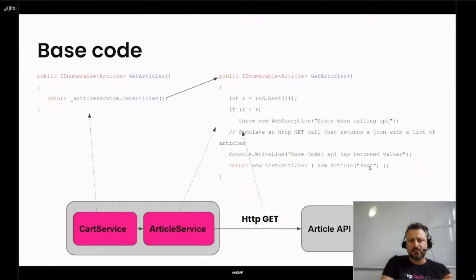So the cart service needs the article and calls this proxy article service. On the left is the code of cart service, where I'm calling the article service's GetArticle method. On the right, I have the article service that calls the HTTP API.